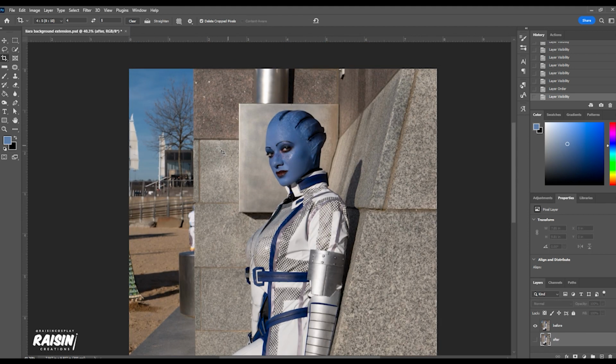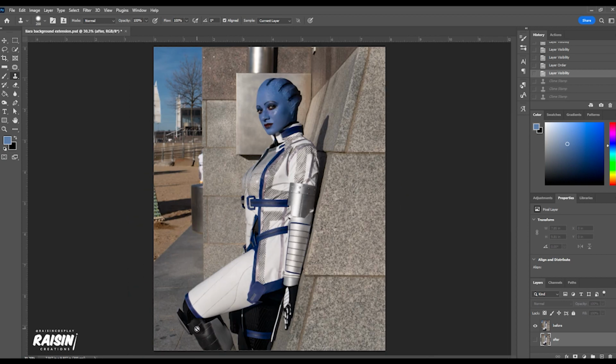So, if you know how to use the clone tool, it's more or less easy to just kind of extend the background like this, but it's not going to look super natural to do it like this. You're going to see a lot of repeating patterns in the textures. Luckily, there is a way to quote-unquote randomize it a little bit, and Photoshop will do most of the work